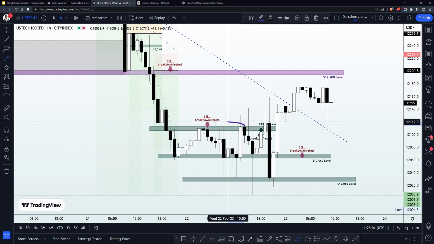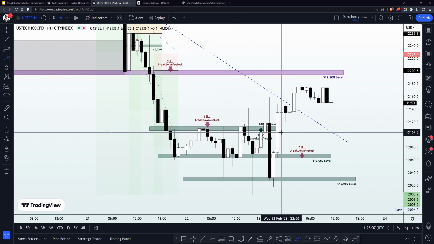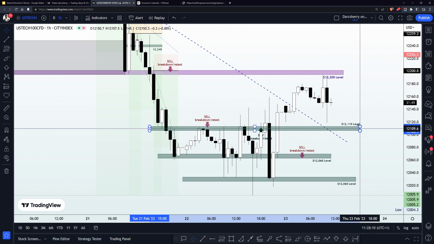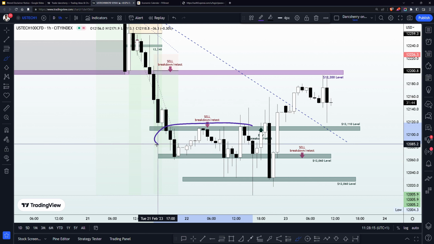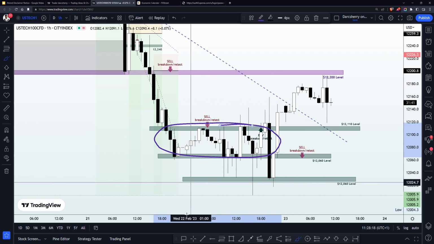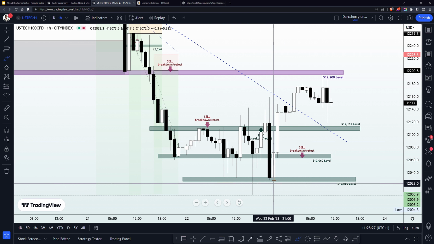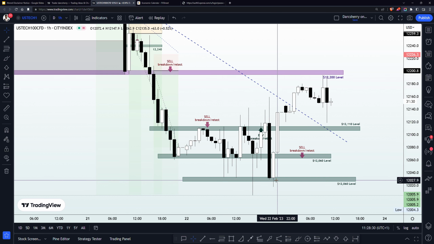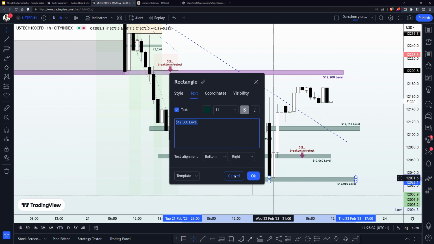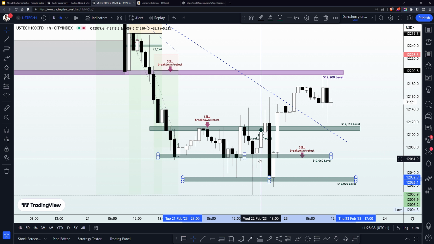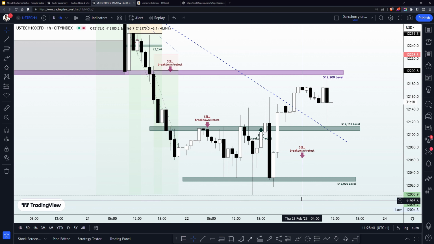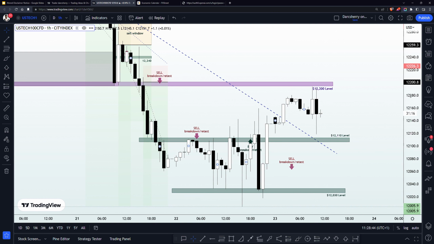Remember, the channel was initially within the 12,000. Let me see what that is again. Let me extend it out a little bit. Okay. So we had a channel between the $12,120 level, $110 level, and the $12,060 area initially at the beginning of the week. And due to the volatility, we saw a situation where the channel was extended a little further to the downside. So we have something right around the $12,030 level. So permit me to extend the channel a little bit further so that we can have a better perspective of what is really going on in this market.